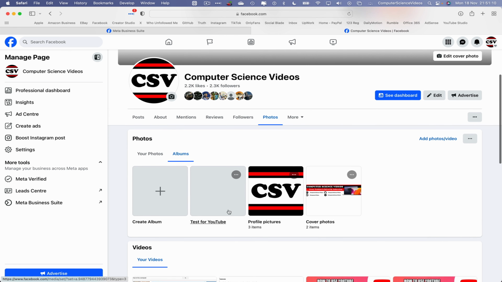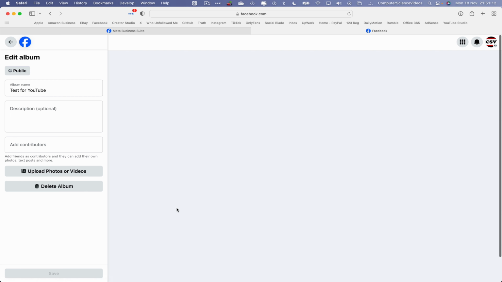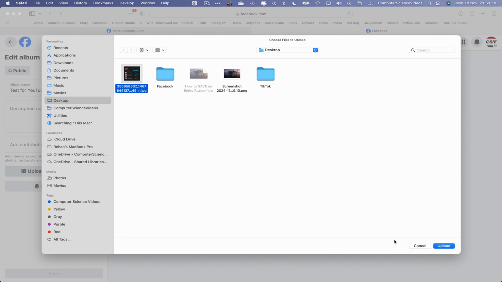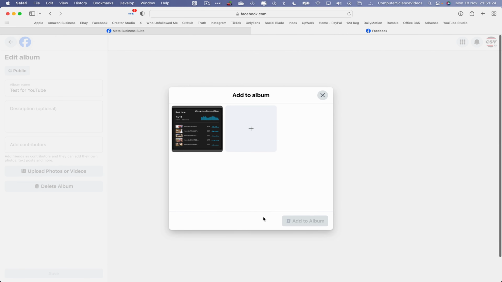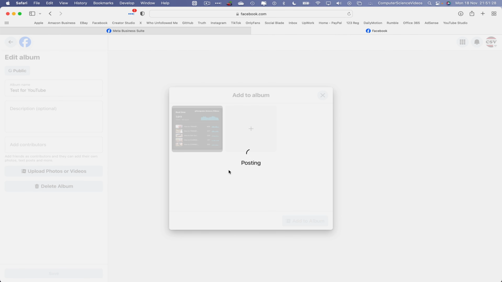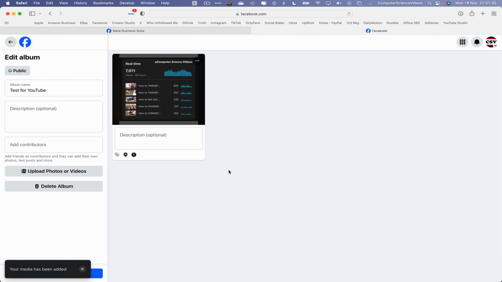Go to Test for YouTube. Add to album. Upload photos or videos. Take one from the desktop that was directly downloaded from our page, upload, click on that image, add to album, posting, your media has been added. Now go to album,